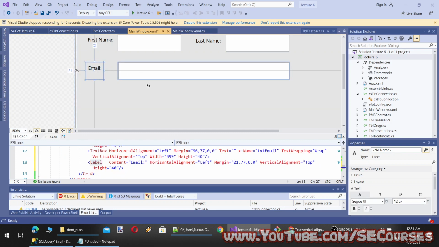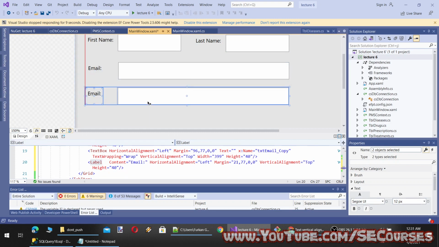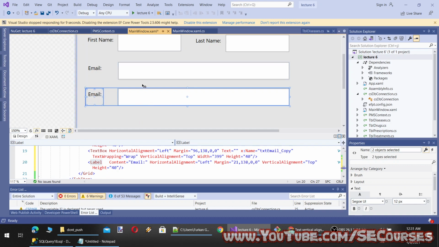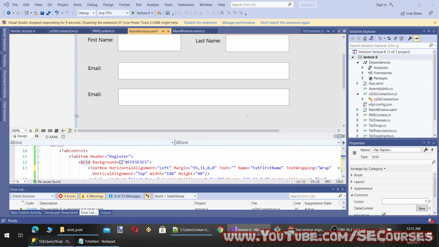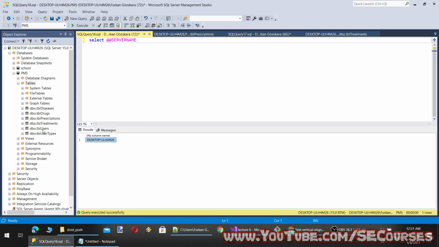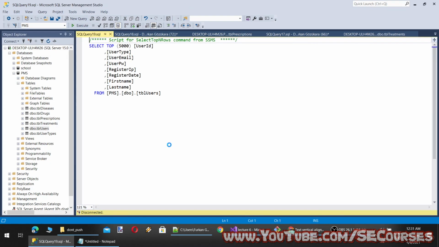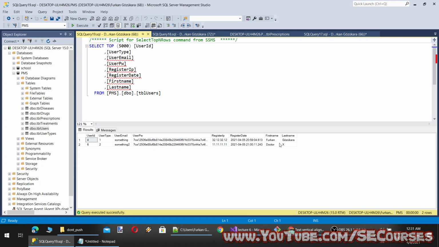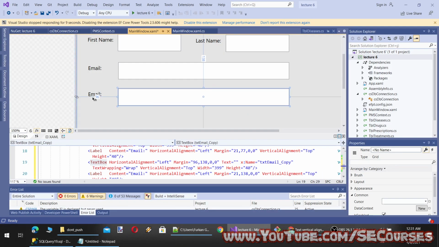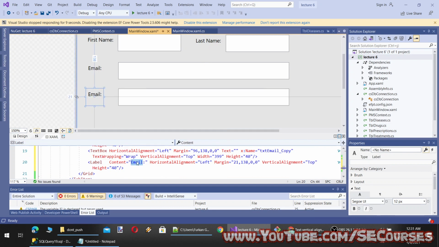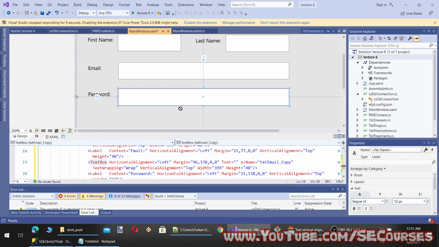And then what other information do we collect? Yeah, we are going to need a password, and we can also have password verification.